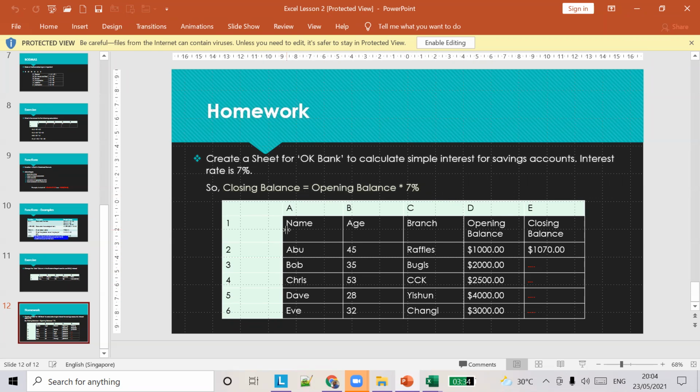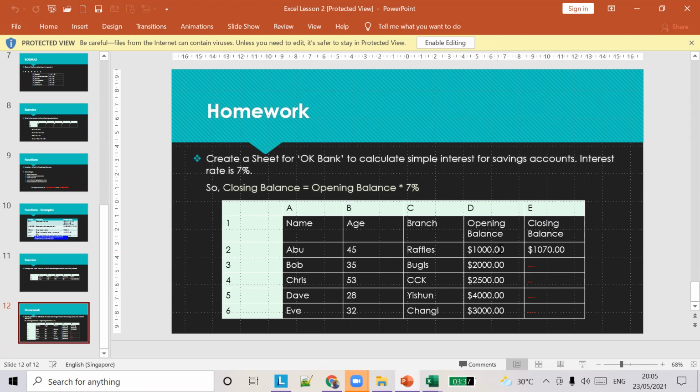You have to create a table with the name, age, branch, and the balance he has in his account. You have to use these symbols also. I want you to write the percentage formula, calculate the interest, and using the interest calculate the closing balance.